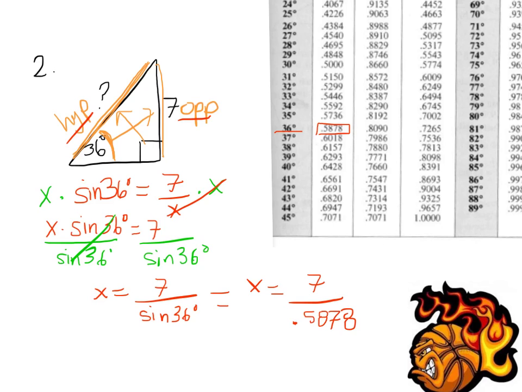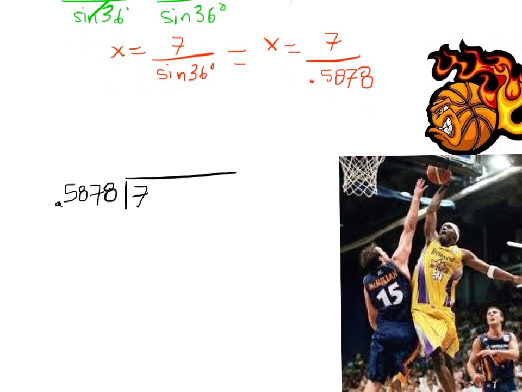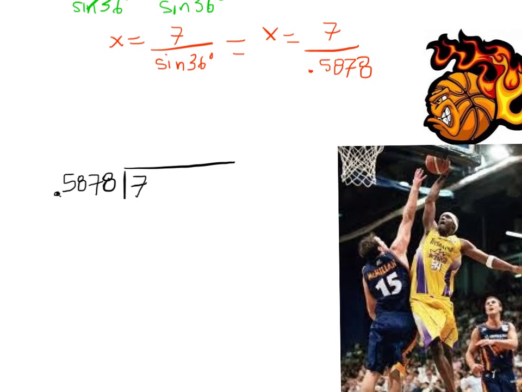0.5878. Well, this is actually kind of a complicated division problem, so I'm going to go ahead and bring this down and show you what happens. So this problem right here, in order to find it, I'm going to have to do 7 divided by this fraction, by this decimal. The first thing I do is move this decimal place over 4 places, and I'm going to move this decimal place over 1, 2, 3, 4. That means my decimal place is here, and that 7 divided by 0.5878 is the same as 70,000 divided by